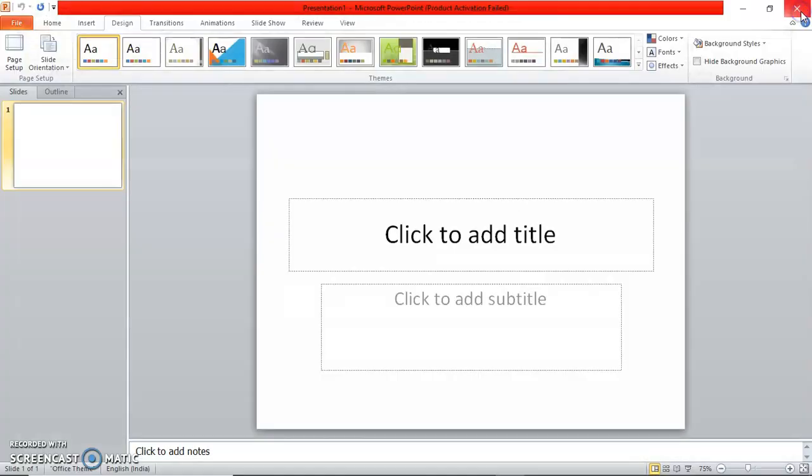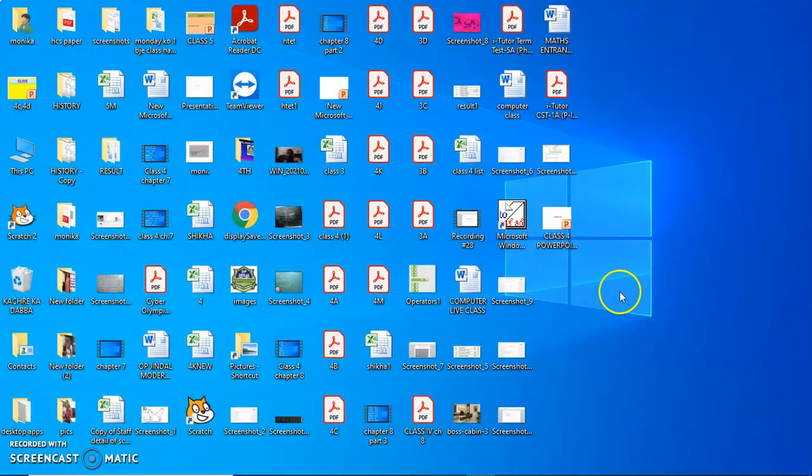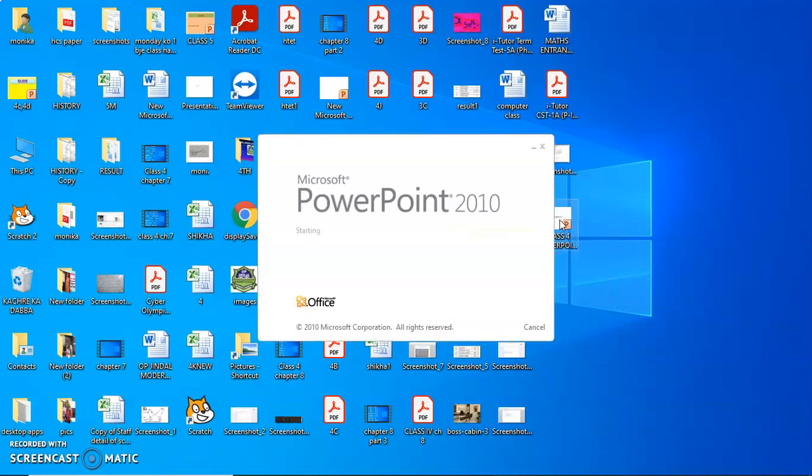Close it. Now, next time whenever you want to work on the same presentation, on the desktop you will find the same file with the name class 4 presentation. Double click to open the same file.